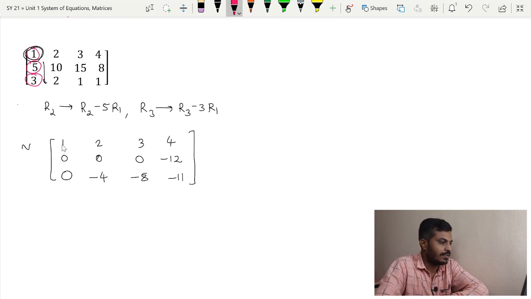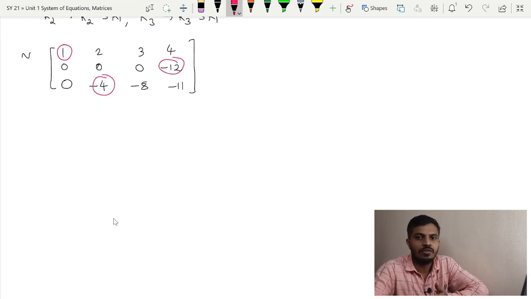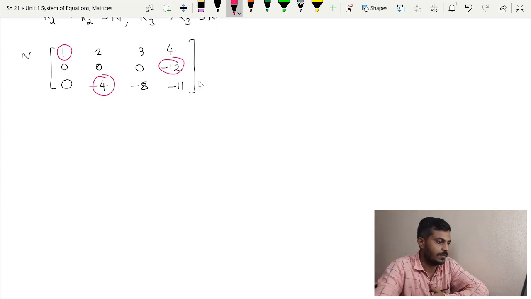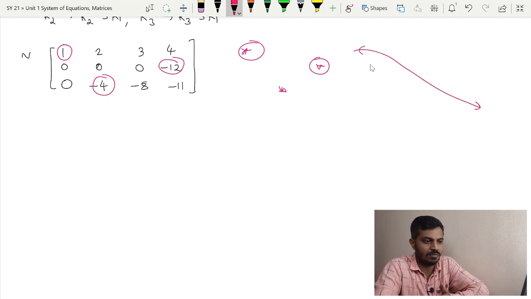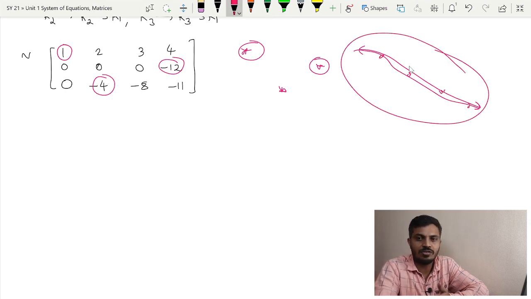So after getting this matrix, just circle the leading coefficients, but you can see that these leading coefficients are not as per our order, right? So what we will do, we will convert it. So the order is this, over here we are having one leading coefficient, over here it is, and over here it is, but we don't want that. So whenever you come across such a thing, you immediately try to perform some elementary operations and try to convert the matrix in such a way that our leading coefficients will be in this order, on this line somewhere, here, here, here, like this. Okay, so keep this line in your mind in order to understand the echelon form.